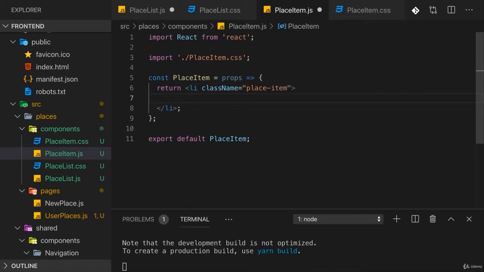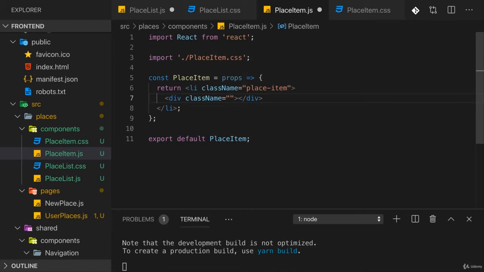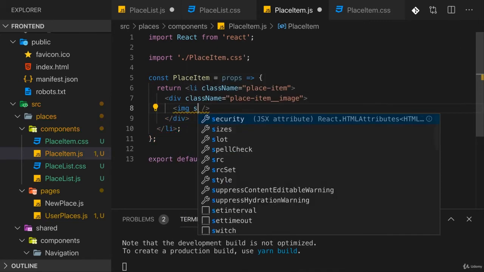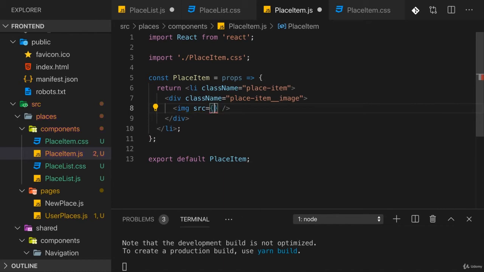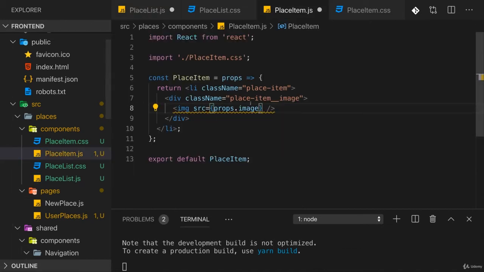For example, here, I want to output an image. For that, I'll add a div, and that div will also receive a class name of place-item__image. And in there, we can add an image element and set the source to props.image because we will pass this image prop to place item so we can reference it there. Alt can be set to